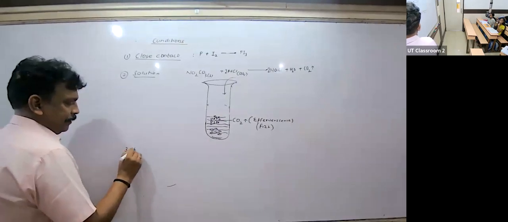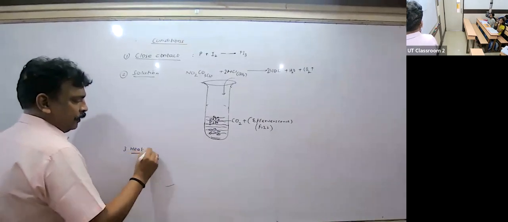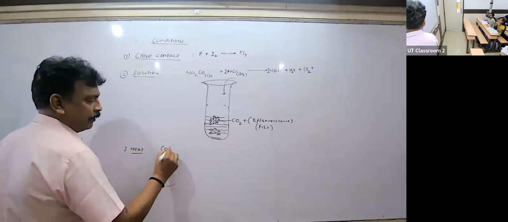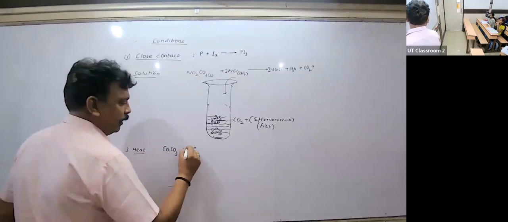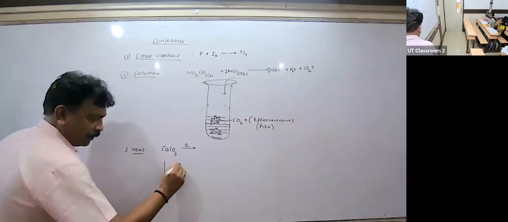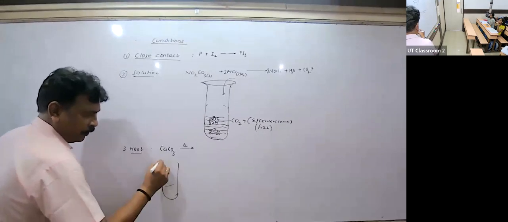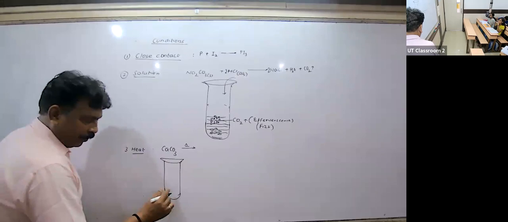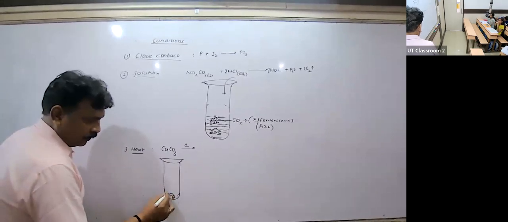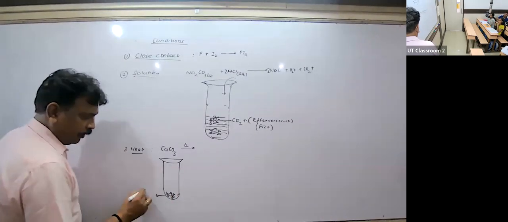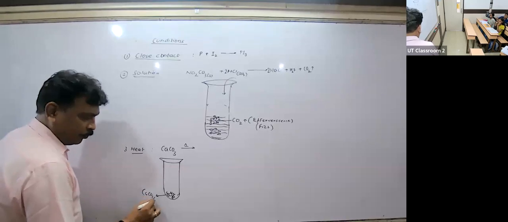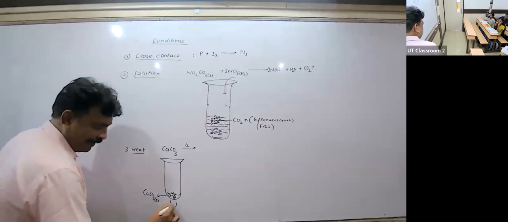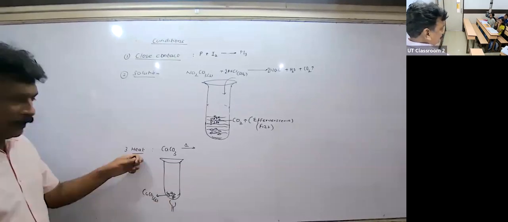heat, children. Now, with the help of heat, for example, calcium carbonate, you strongly heat it. This is a test tube, children. If it says test, you always do a test in a test tube. And then you take this solid. You say, sir, but you said solution. Now, if you're not taking a solution, you have to heat it. This is one more condition.